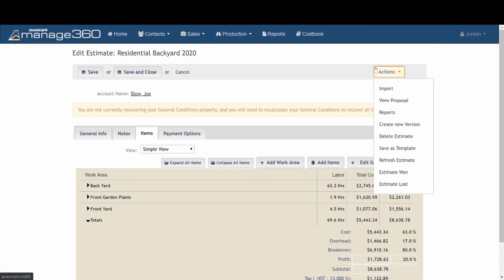My next option here, Create New Version. Now this is an option specifically for creating revisions of an estimate. So if you submit a proposal to the customer, they bring it back to you, they want to change some things, you can back up the original and get started working on a new copy by clicking on the Create